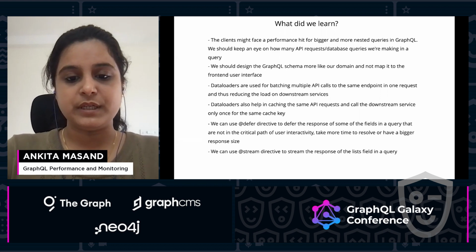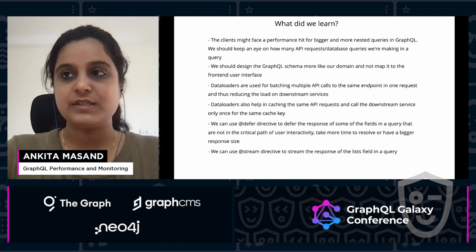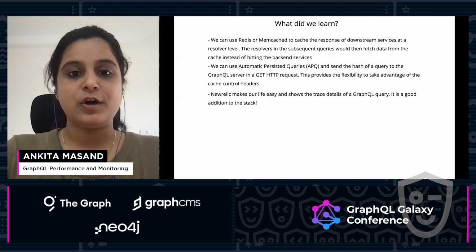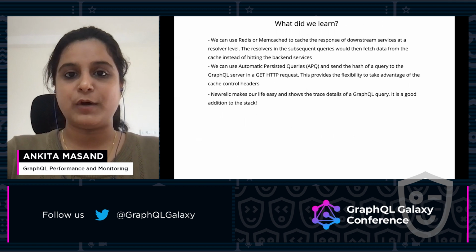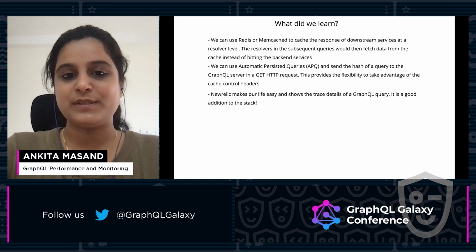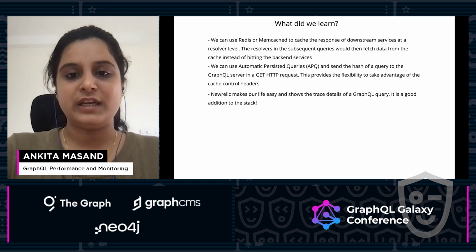We can use stream directives to stream the response of the list field in a query. We can use Redis or Memcache to cache the response of downstream services at a resolver level. We saw that we don't have to hit backend services for getting static data like room types and rooms of a hotel. We can get it directly from Redis or Memcache.